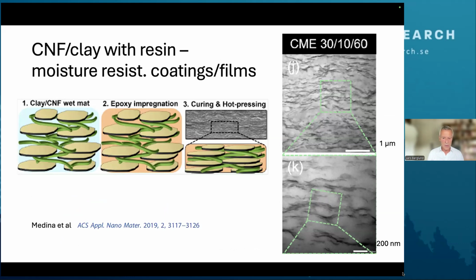And if we go down to the lower micrograph, 200 nanometer, you can see that the scale of the heterogeneity is roughly a few hundred nanometers. So we have matrix-rich region, we have clay-rich and nanocellulose-rich region. So it's not perfect, but the fact that we have an epoxy resin makes this material